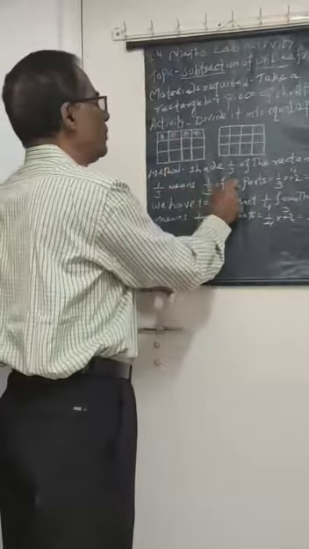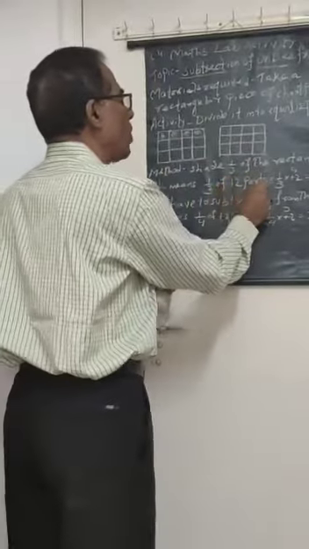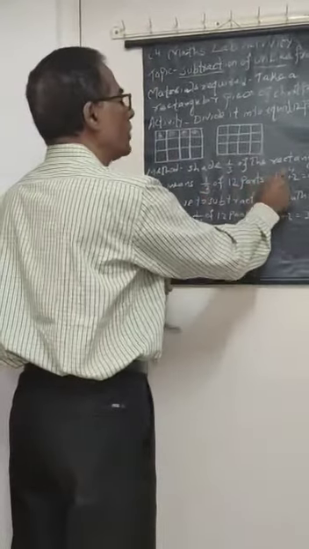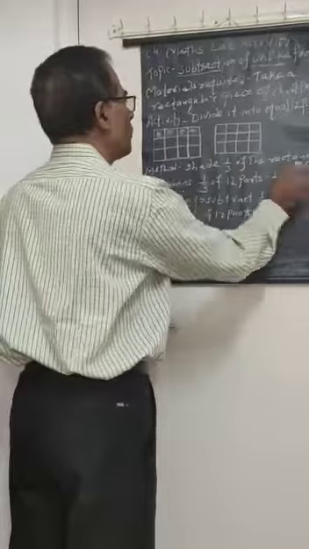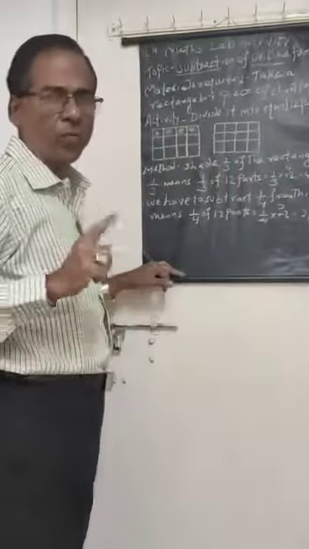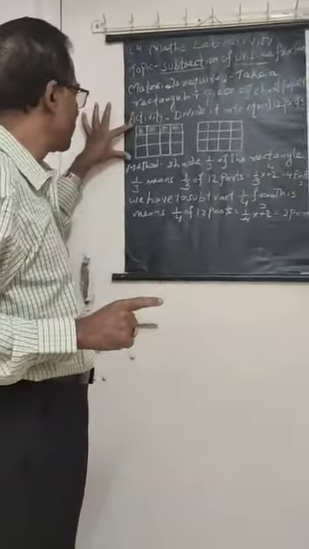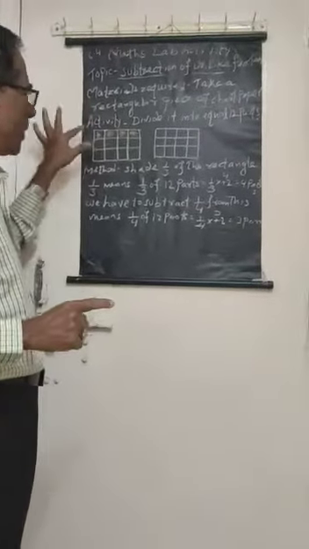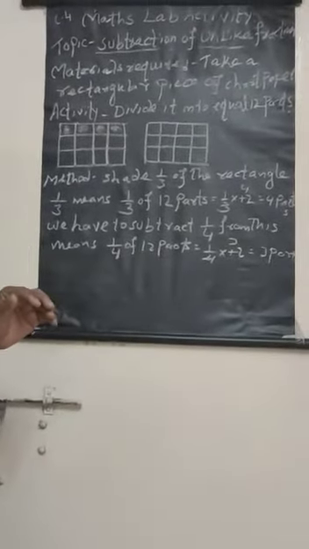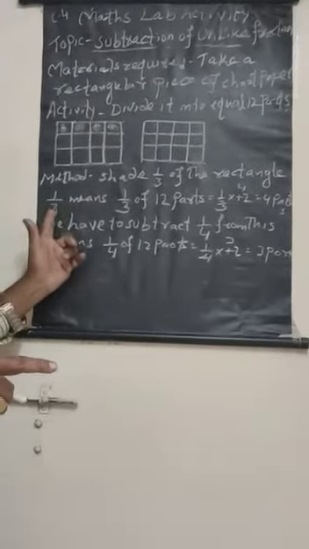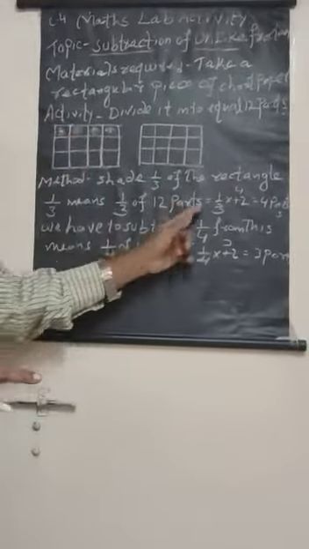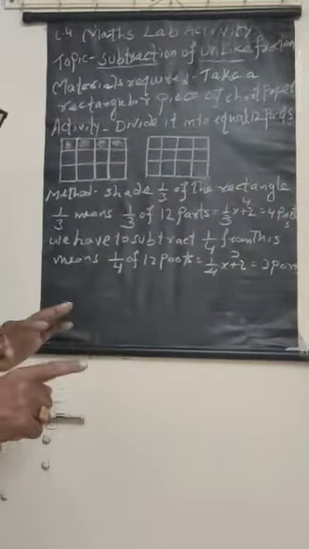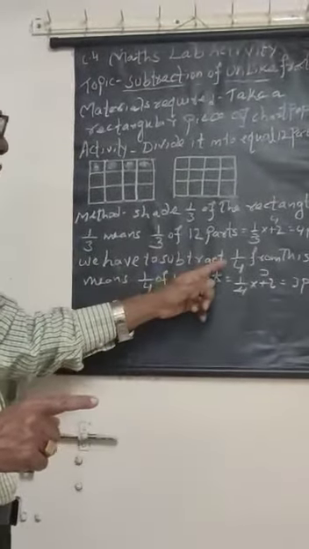So 1/3 of 12 parts is how many parts? 4 parts. That's why you have shaded 4 parts. You can also think like this: 1/3 means 1 full part out of 3 parts, so you shade 1 full part. Either way, 1/3 of the total 12 parts is 4 parts. Now we have to subtract